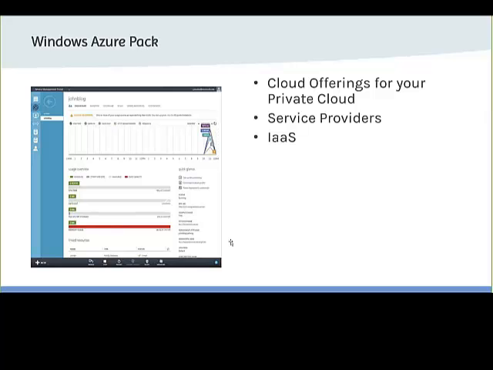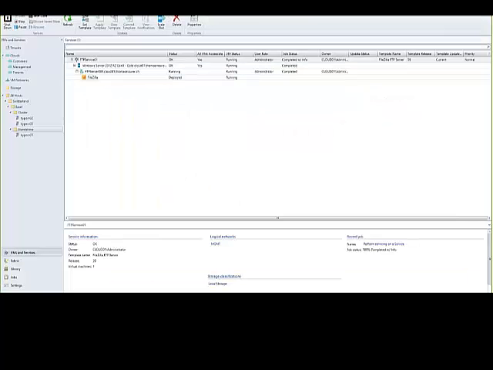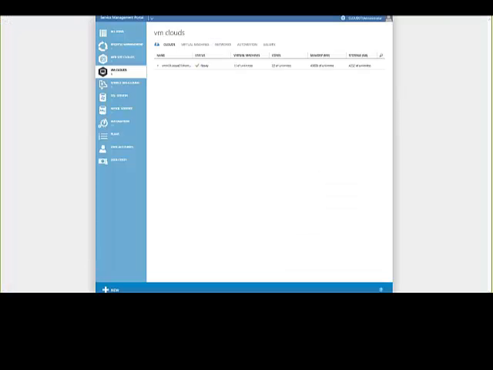So I still have a couple of minutes. I will show you that quickly. What does that mean? Up here, basically there are two portals: an admin portal and a customer portal. This here is the admin portal. And as you can see, I can do different things. I can add VM clouds, I can add website clouds for website hosting, I can add SQL servers for SQL hosting, and I can do a bunch of other stuff as well.